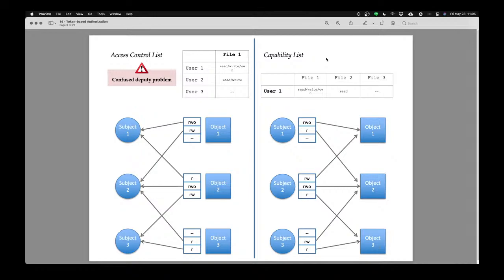So the one way around the confused deputy problem is to tell anybody who could be a deputy to get a C list from the person or the attacker or whoever is asking, and to use their capability list instead of using your own privileges. Okay, so this is the general idea of a capability list,